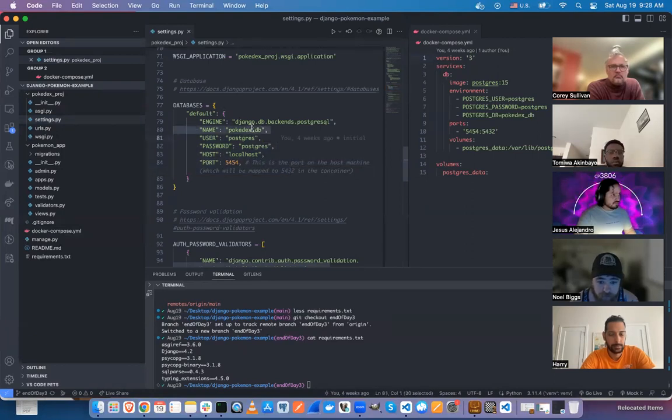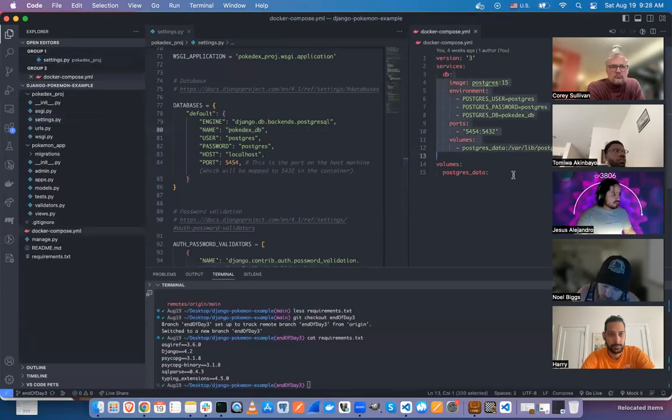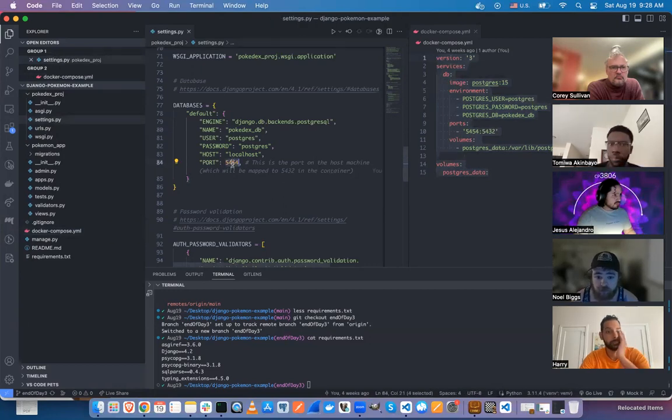So this information has to match whatever our database is. In this case we are using this Postgres database here. So this port has to line up with